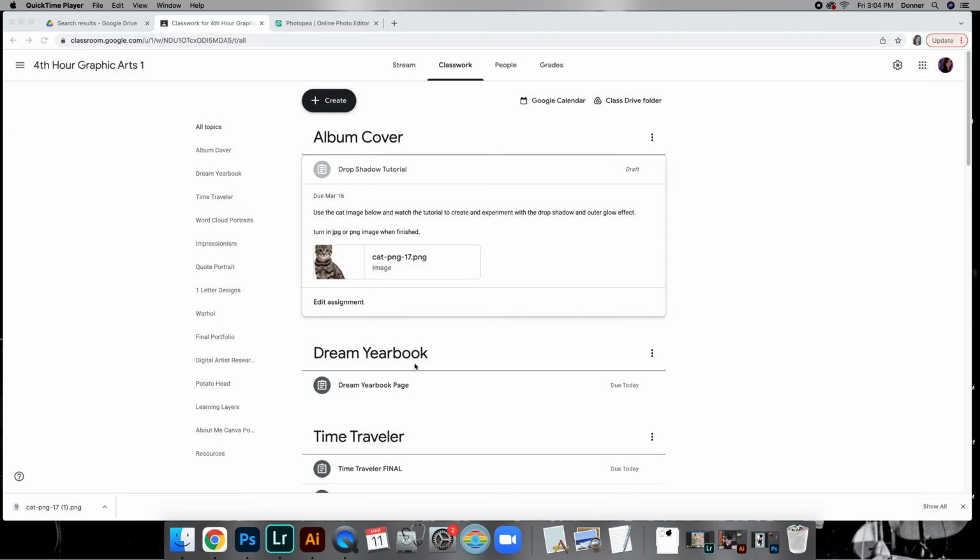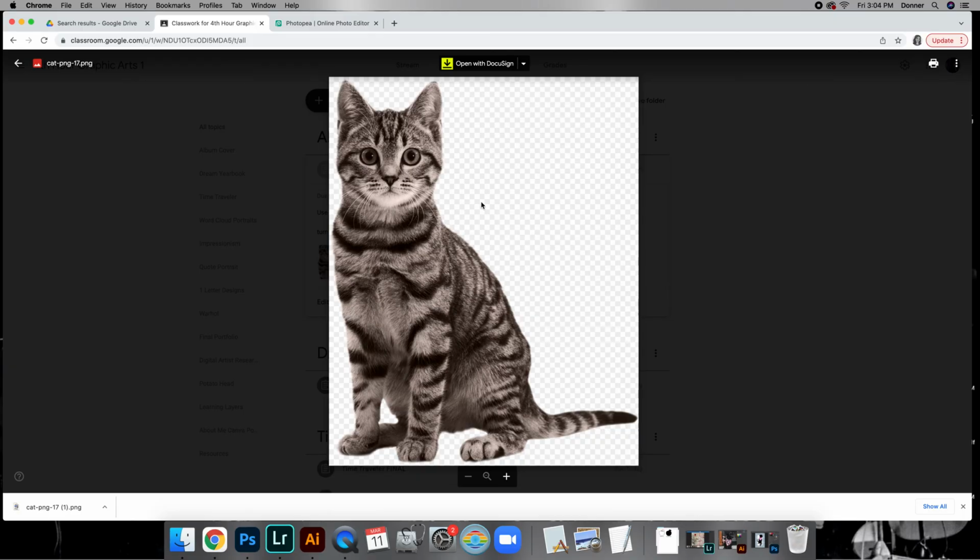This is a video on creating a drop shadow. So in Classroom, we have the drop shadow tutorial. This is also going to include an outer glow. So go ahead and choose this little cat picture that I have, right click and save your image wherever it's